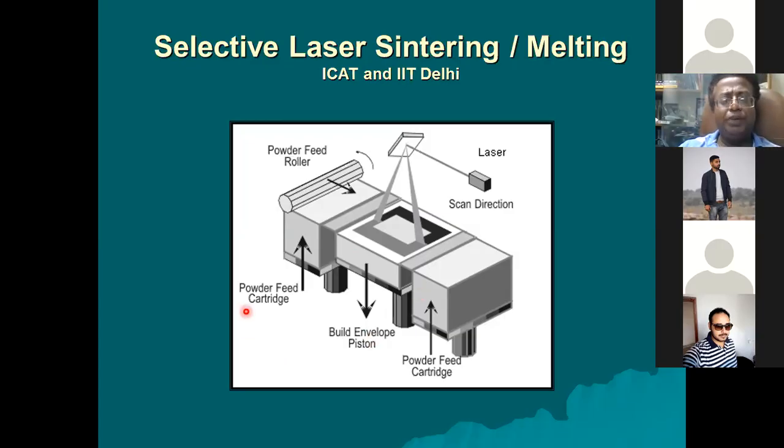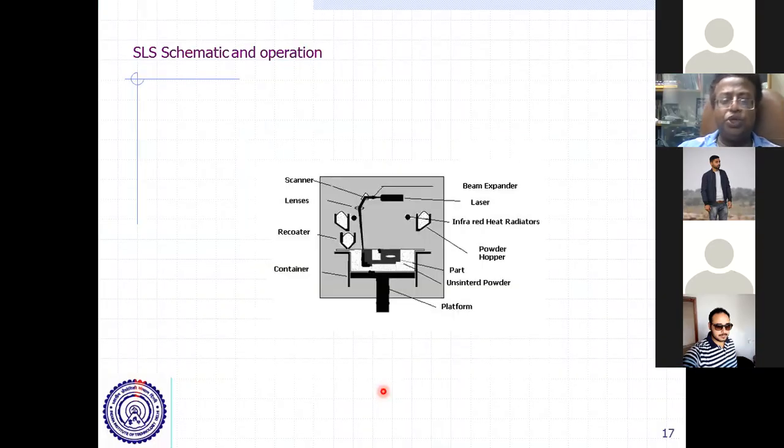How is the principle similar? This whole process is conducted in a closed envelope like this. This is the closed envelope in which you are conducting the process, and this envelope is maintained at a temperature a few degrees Celsius below the melting temperature of the polymer. Suppose the polymer melting temperature is 270 degrees Celsius. Then you will maintain this chamber at a temperature of around 263, something like that, correct?